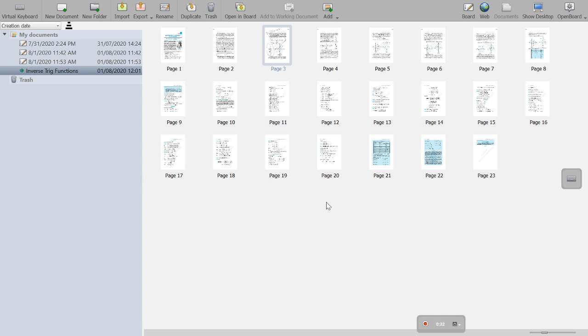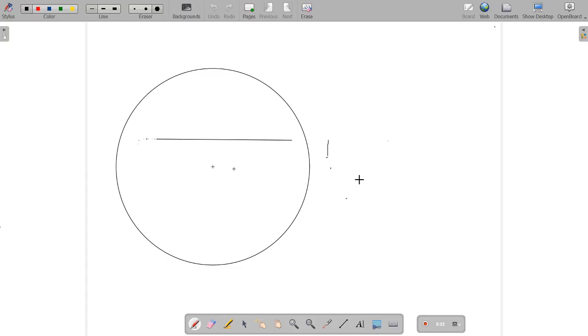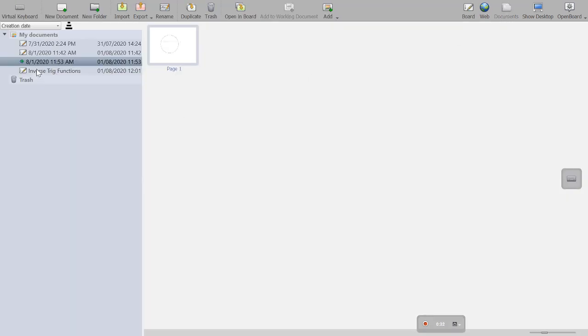Now remember, whatever you have done here can be saved also. It is being saved over here. You see, this is being saved, whatever I have done is being saved. In the documents, whatever you have done will come with the date and the time. It will get saved, so in the future also you can make use of it. Okay friends, I think all of you can see how highly useful this virtual interactive whiteboard is.